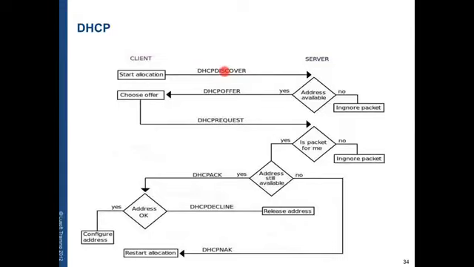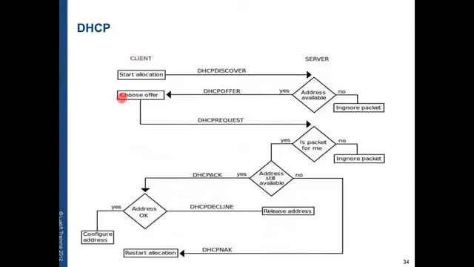The DHCP Discover packet will be received by a server, which will determine if it has available addresses in its configuration. If it doesn't find any free address, then it will ignore the packet and will not send any reply. If it has an address available, it will reply with a DHCP Offer, in which we put the IP offered and the other parameters.